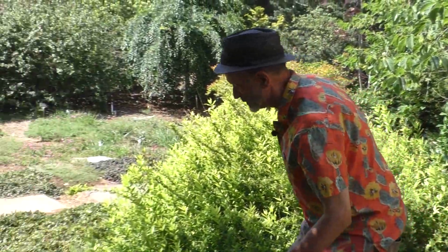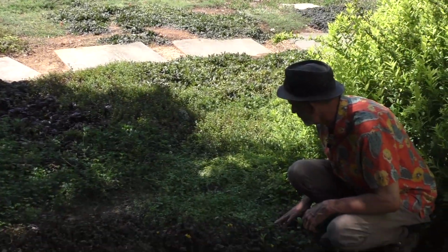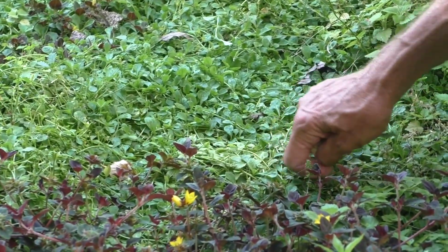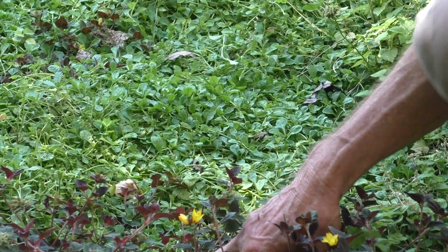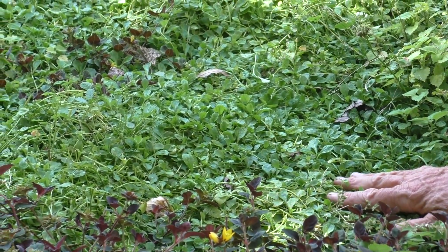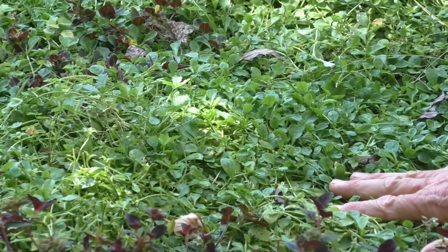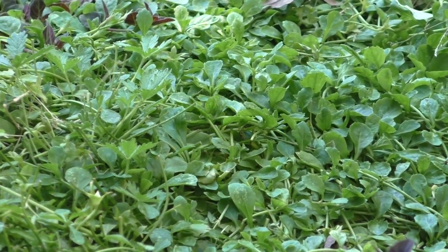I see several other plants that could be used in a shady flowering lawn. This is Mazus. We grow two different species of Mazus. They look identical, but one has white flowers and one has lavender flowers. And they'll tolerate a fair amount of sun if it's not dry, but they're much happier in bright shade. And